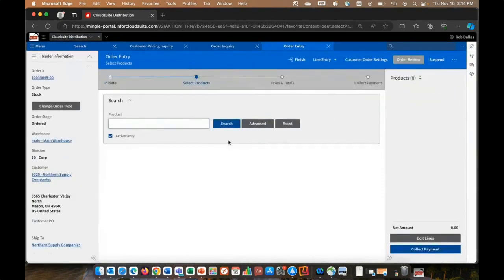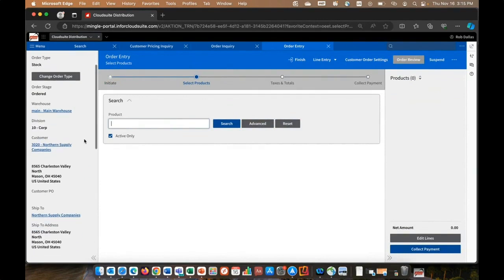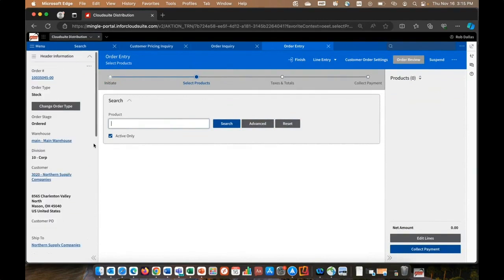I'm going to go into my order and notice it's a left to right orientation. So my header or banner information is over here on the left, product selections here in the center, and then I have my shopping cart or footer over here on the right. You set your default preference for how you want to find products. This is what's called the easy entry, and I like it because if I type in, say I'm looking for an LED light,